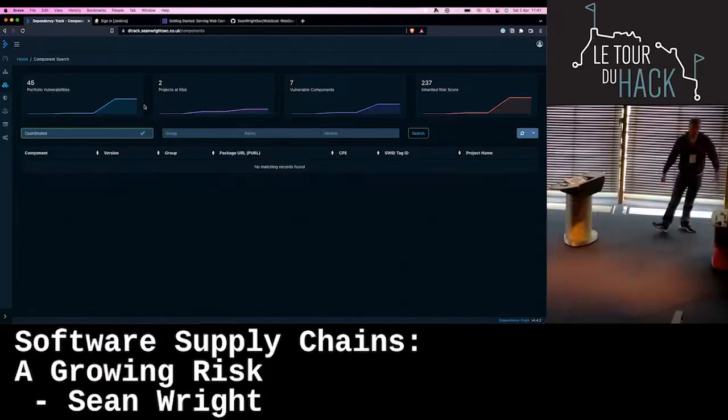But because there's no entry yet in the vulnerability databases, so NVD, and some other ones that you can pay for as well, you can't see that offhand, but you know it's a vulnerability. You can come into the component section, search for the components and see where it's being used, and then deal with it appropriately.